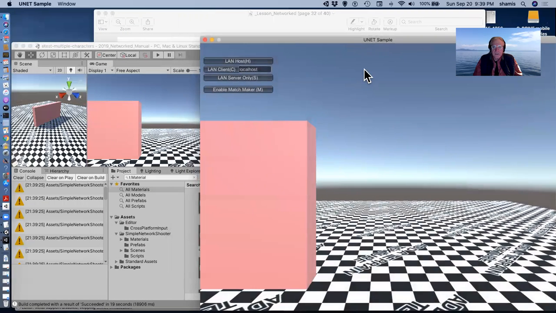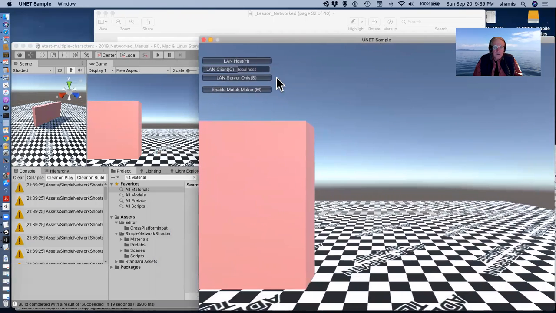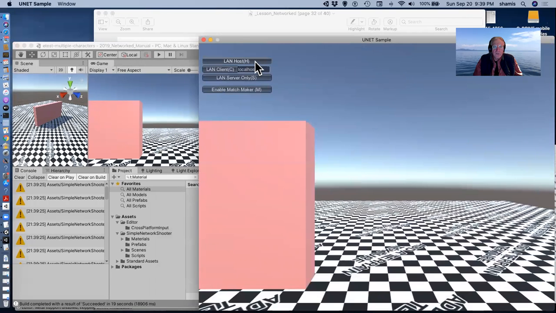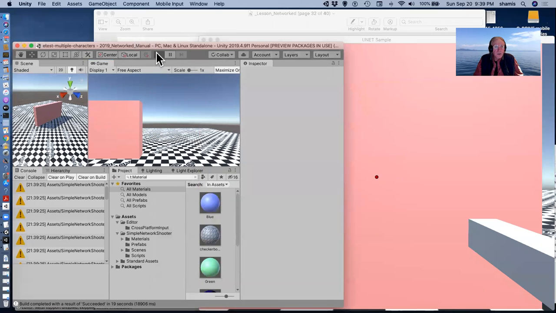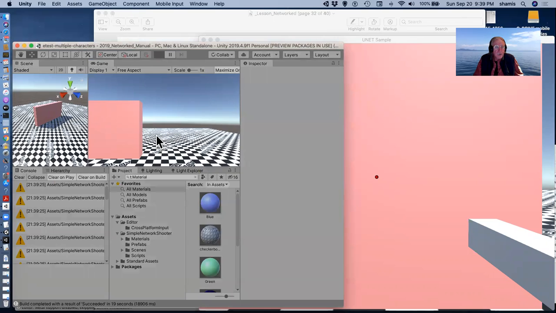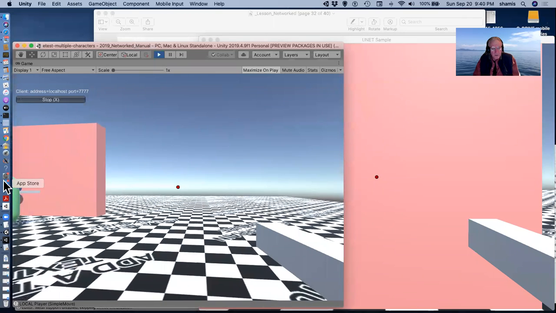So here's an instance of it. Oh, I made it too big. Just to show you that I can, I'm going to start it over here on the compiled version. And then I'll go over here and start as the client. And now on the client, I can